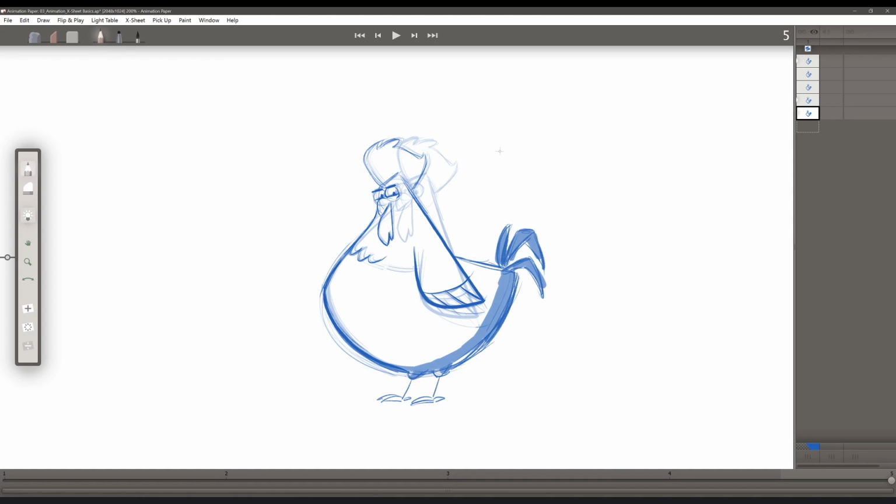In animation, we have terms like on 2s, or on 3s, or on 4s. That means one drawing exposed several times. Clone drawings increase the exposure of the original drawing without having to redraw. So I'm just going to go up to this first one, and I'm going to drag out from the first drawing. So it has 5 clones,